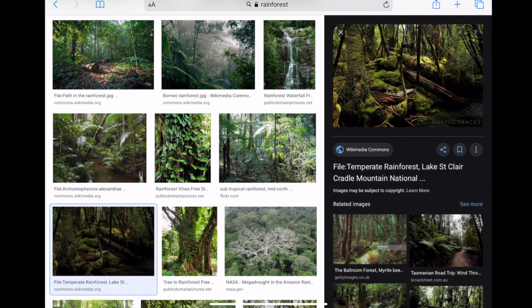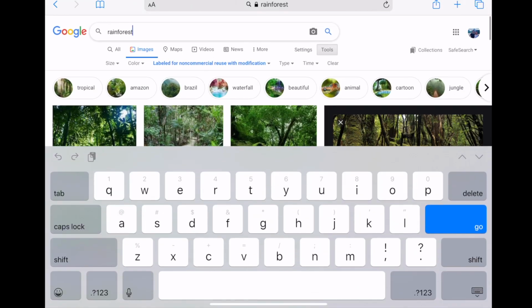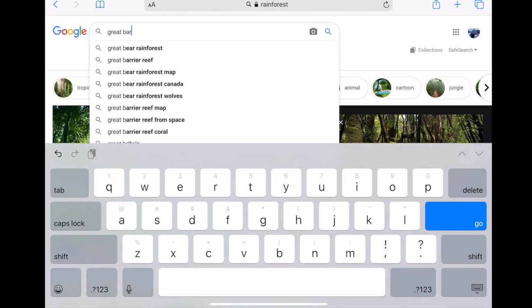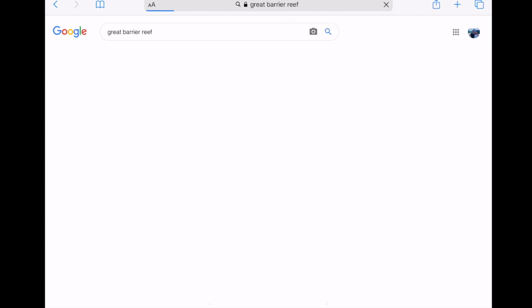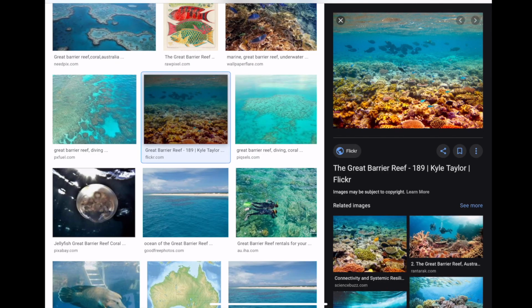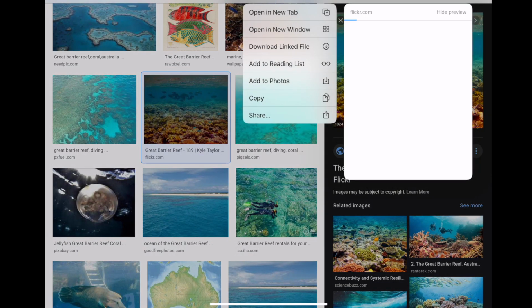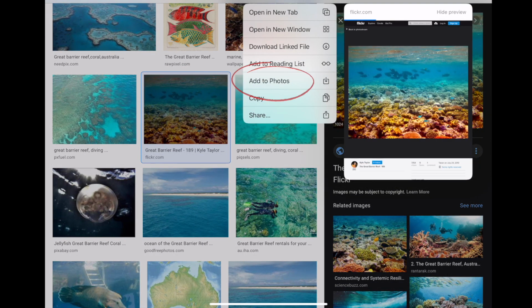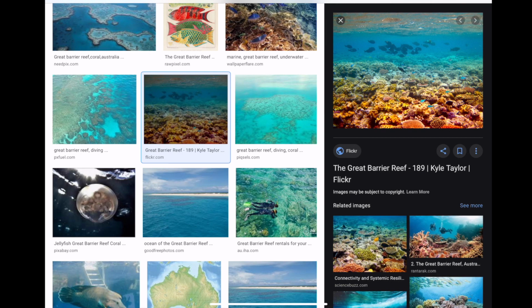Go to Safari. We might go to the top here and type in Great Barrier Reef, and then we're going to choose an image. Of course, we're already on the copyright option here, and so I'm going to go, okay, well, what's a good background picture for my shark? Let's click on this one here. Okay, so that's great. I'm going to choose that background again. I'm going to save that to my camera roll, add to photos, and now when I go back to Book Creator,